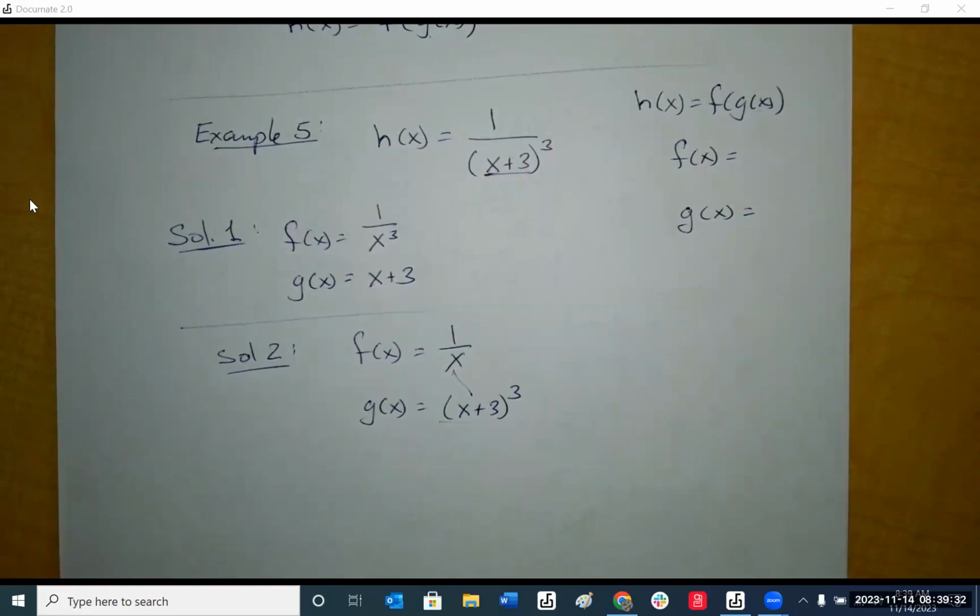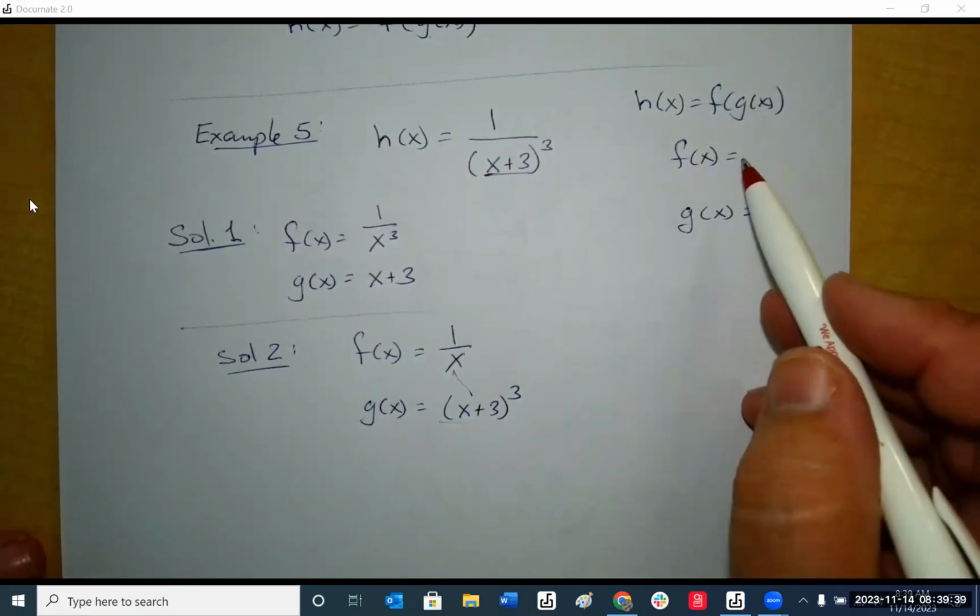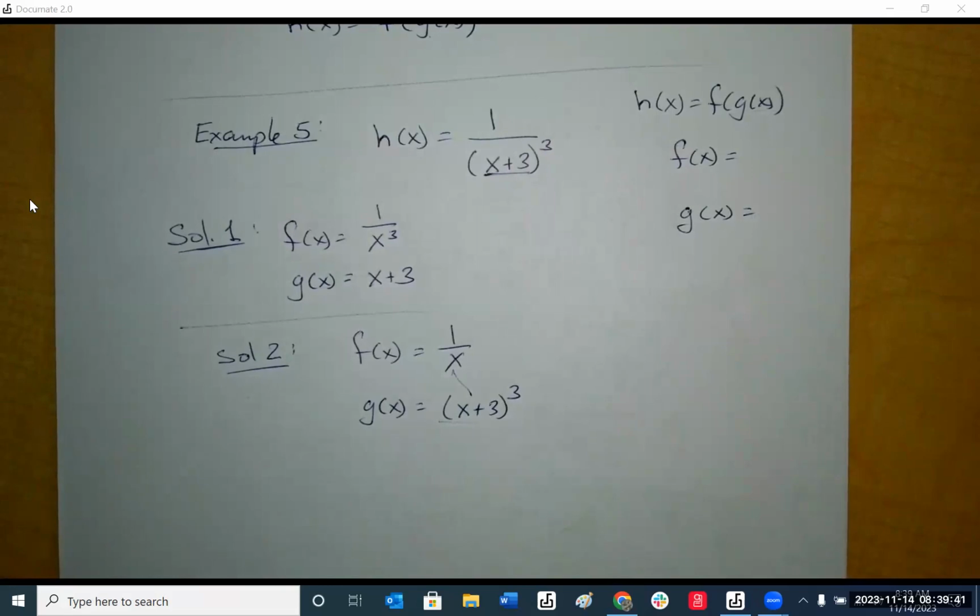So everybody may see a different function, but as long as you can make it a composite function, as long as the outer one is a function that's in the library of functions, you're good to go. And that does it for that section. So that'll get us ready now for